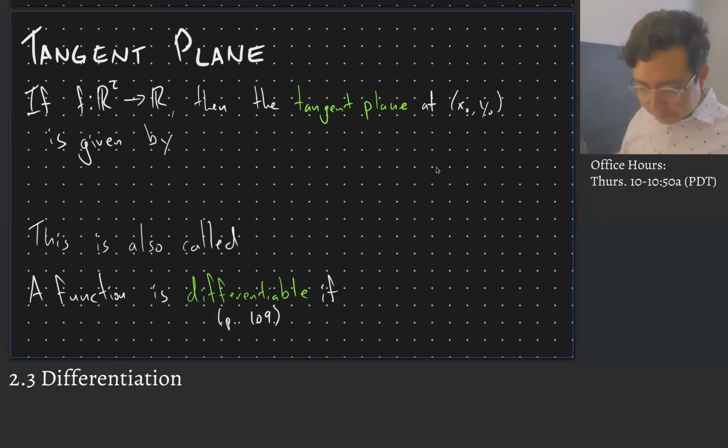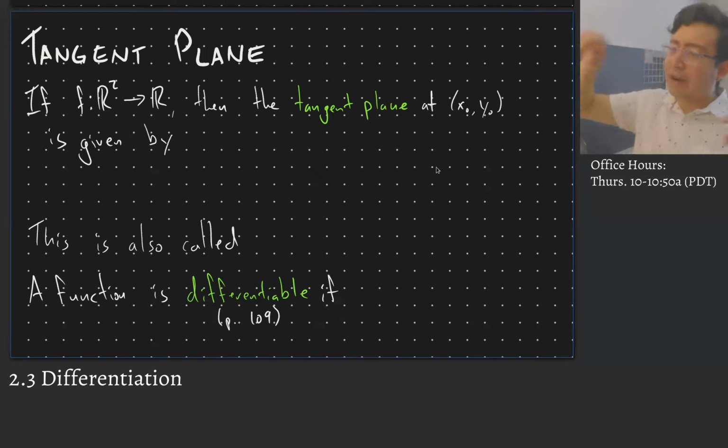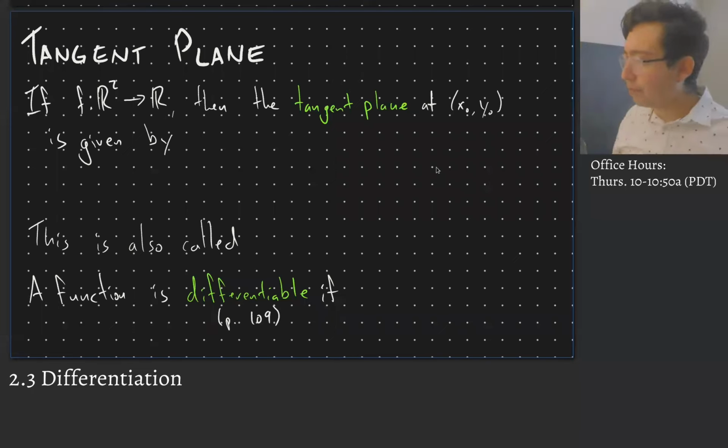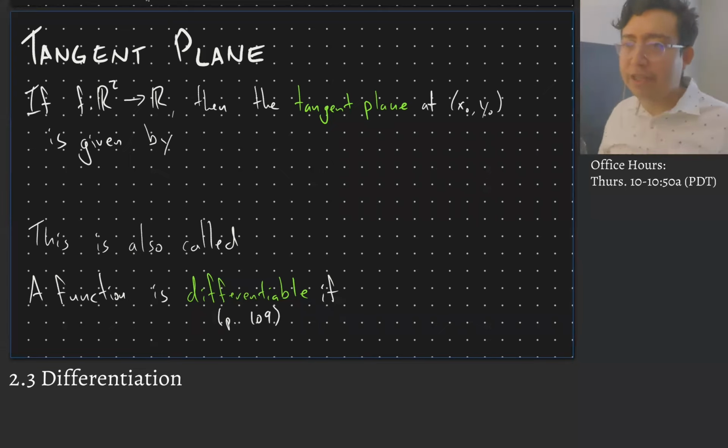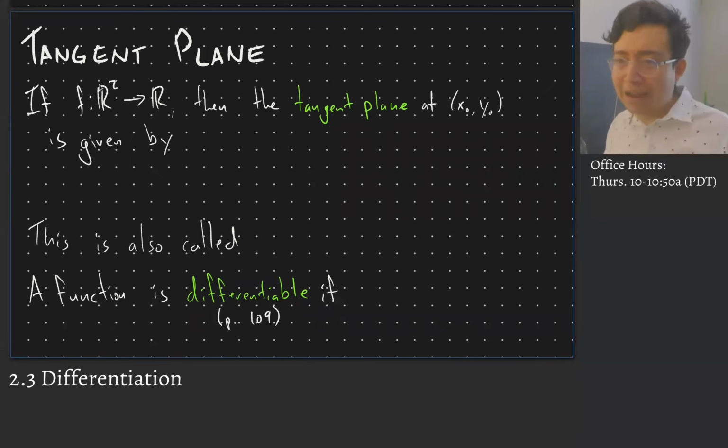You have the graph of your curve, and a point on that graph, and the slope of the tangent line there is exactly the derivative. Here you're going to get something similar, except that we have multiple derivatives, and we're trying to get a tangent plane. And it turns out that the equation for the plane tangent to the graph of this function